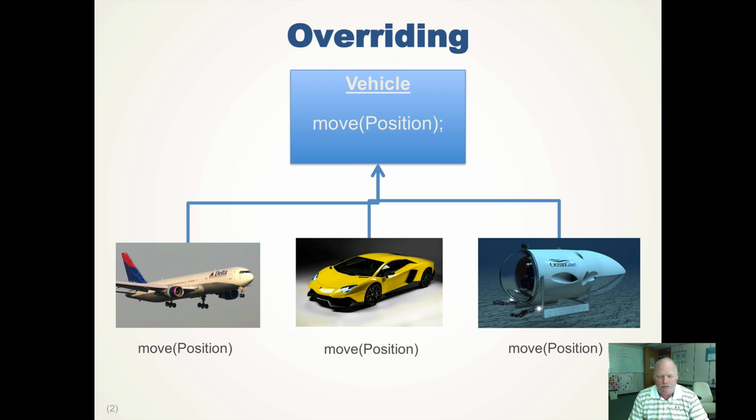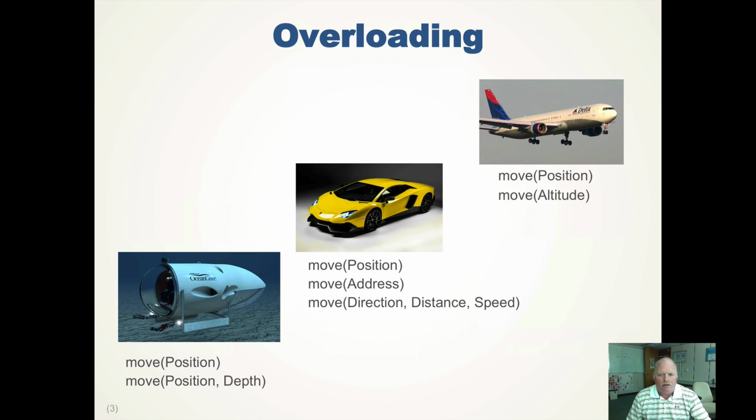When we implement the same method in a subclass as in a parent class, that is called overriding. It has the same return type, the same name, and the same parameter list. That's overriding. Now, if we provide additional parameters using the same name, for example, we might move an aircraft to